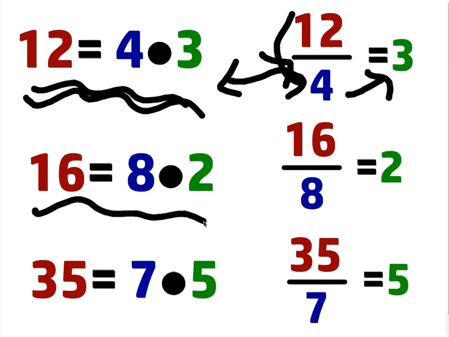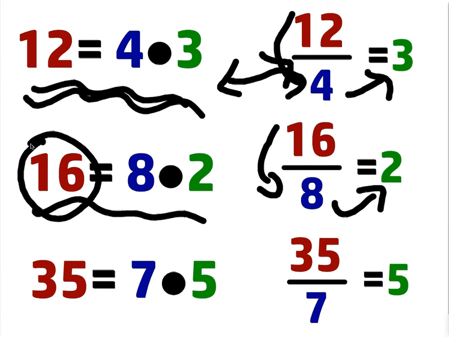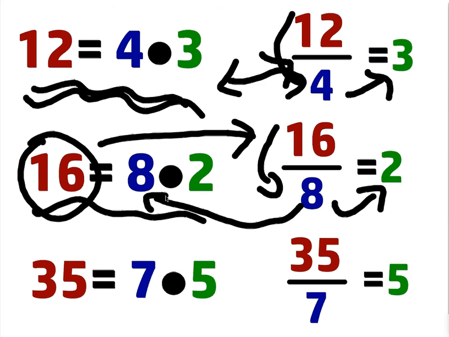Well, here, let's look at the second line. 16 equals 8 times 2. Well, that must mean that 16 divided by 8 equals 2. Okay, and we could also write 16 divided by 2 equals 8. Point is, the numerator is your answer, and to the product, so there's your numerator, and then you could put either one of those as the denominator over